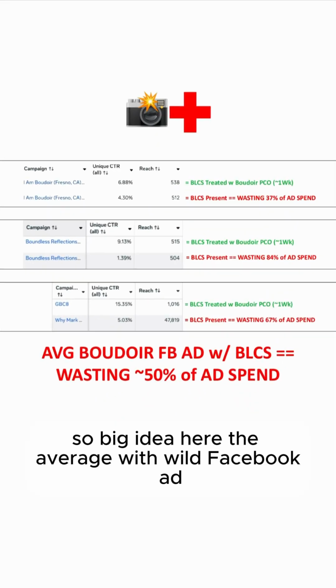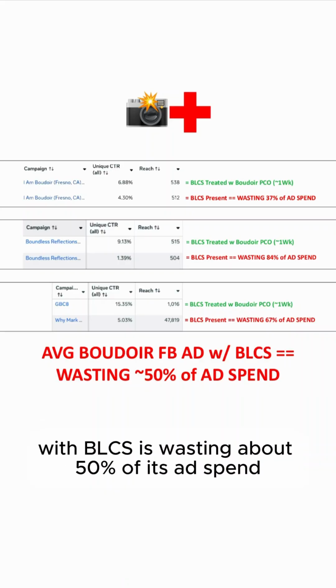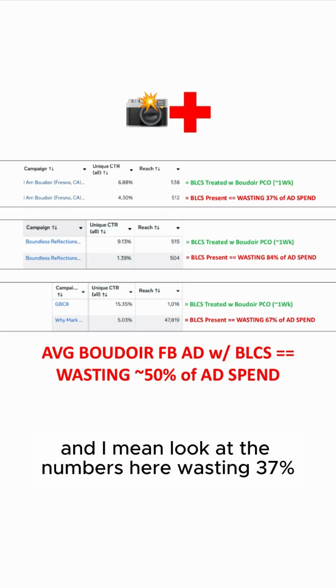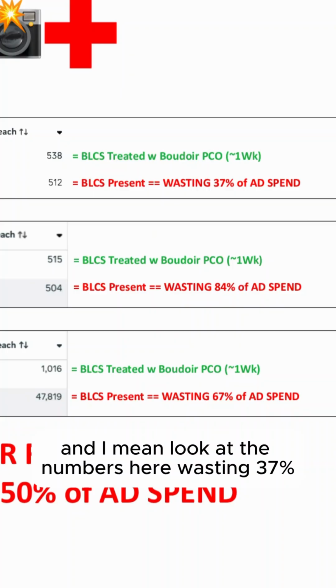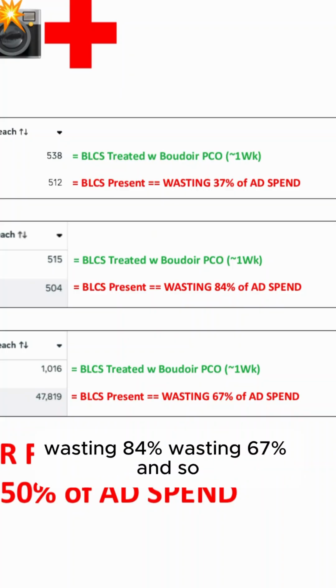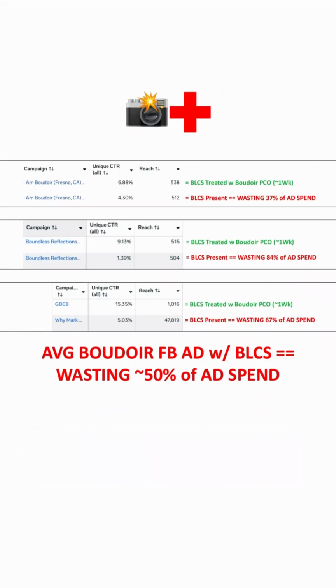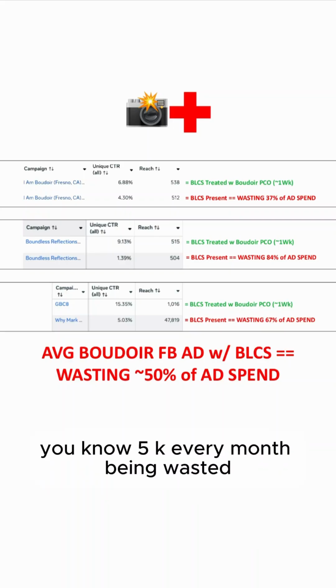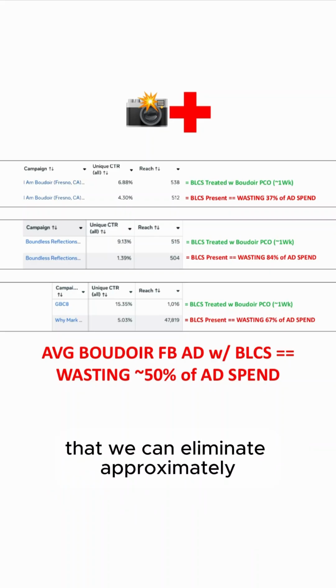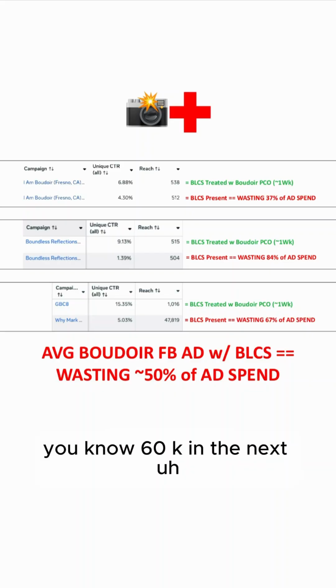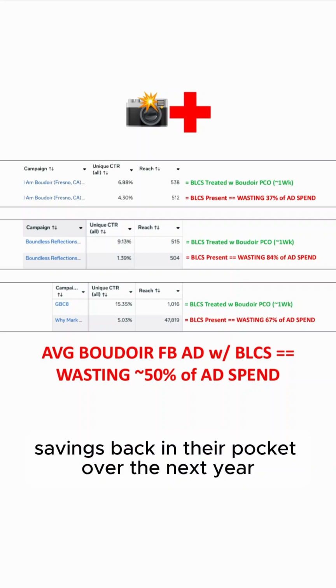So big idea here. The average Boudoir Facebook ad with BLCS is wasting about 50% of its ad spend. And I mean, look at the numbers here. Wasting 37%, wasting 84%, wasting 67%. And so if they're spending 10 grand a month on Boudoir Facebook ads, it's on average 5K every month being wasted that we can eliminate, and give them approximately 60K in bonus savings back in their pocket